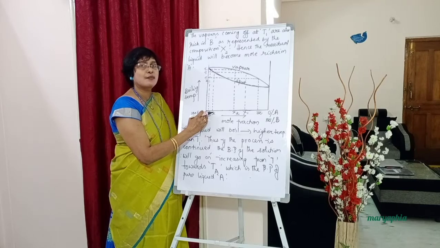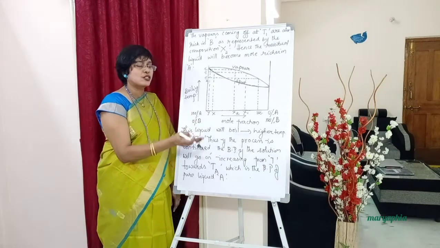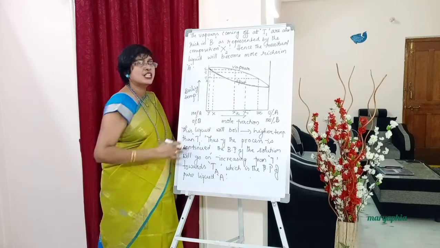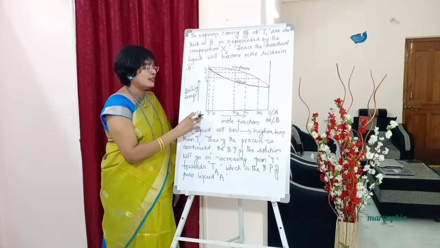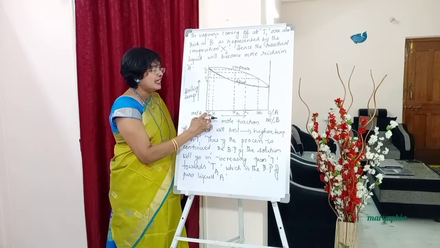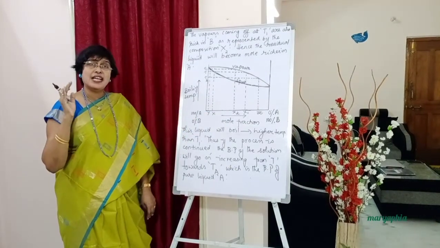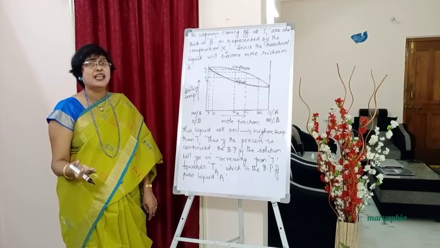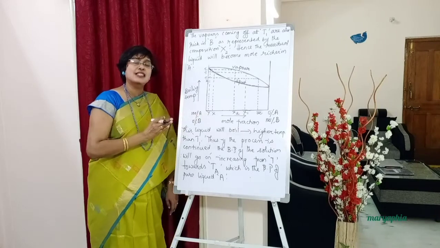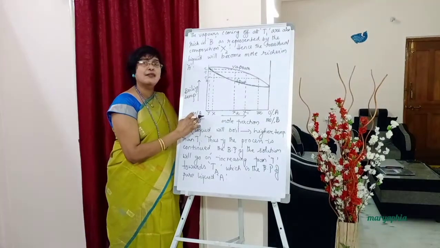Okay students, this is about the residual liquid. So we have taken a solution of composition X. It started boiling here, giving vapors of composition X1, and the residual liquid, the remaining liquid, is rich in A, represented by Y. When we heat this one, it boils at a higher temperature, and the vapors coming off at that temperature are also rich in B, and whatever liquid remains after boiling was observed to contain more and more of liquid A.